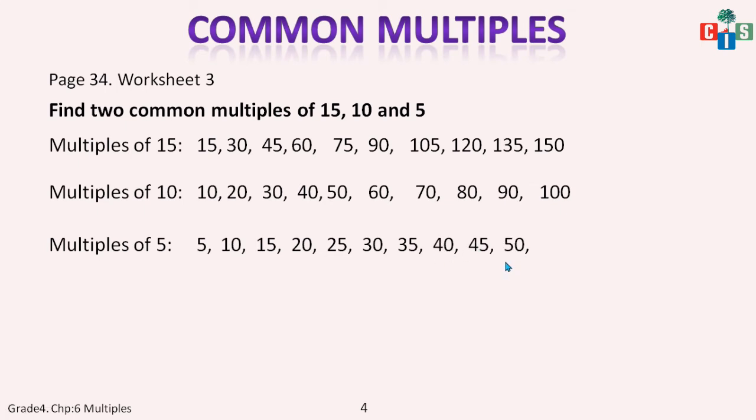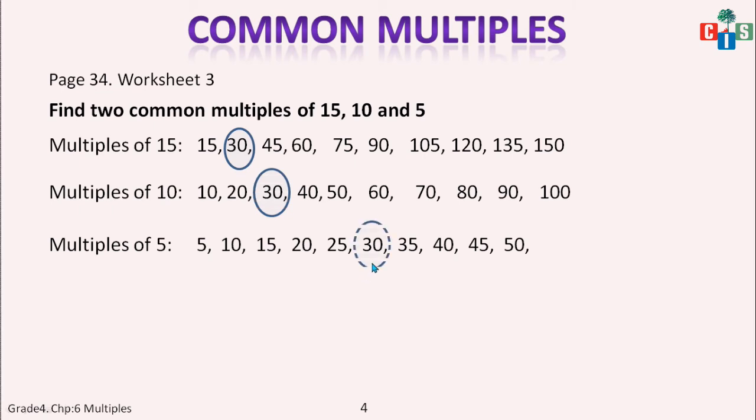First of all, we will write till 10. Okay. Now we will find common multiples. Let's start. 15, 60. So sorry, 30 is there. Yes, 30 here and 30 here. Okay. Now I think 60 is here.